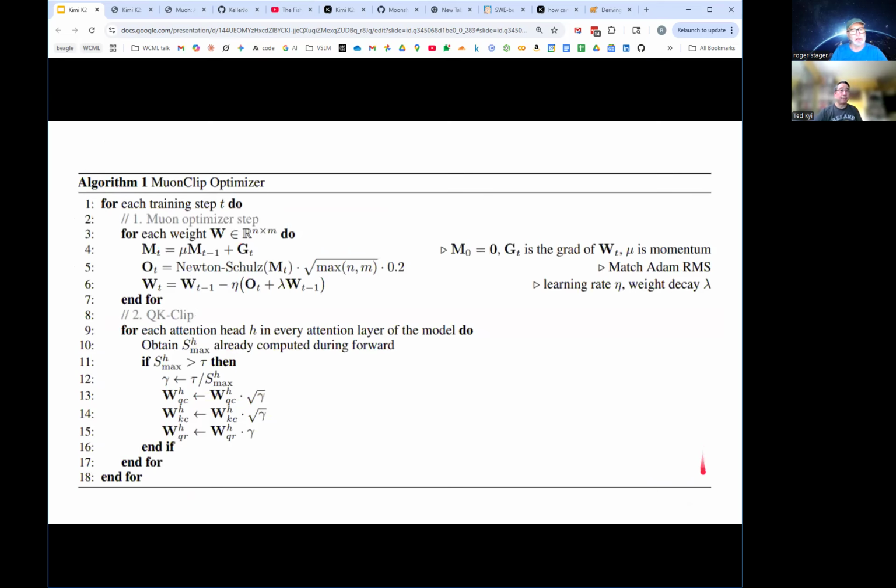Okay, and this is the algorithm that they use. It's almost identical to the Muon one, except it looks like they added a weight decay term into it. That again is helping to bring those weights down to a smaller RMS. And this is where they implement this QK clip. I understand why QK, because it's the product, the clipping in the QK space. It looks like they're calculating it on each iteration: they find the max and then scale it based on that.